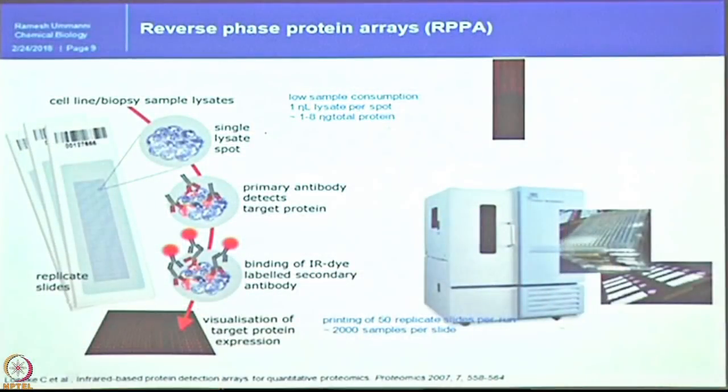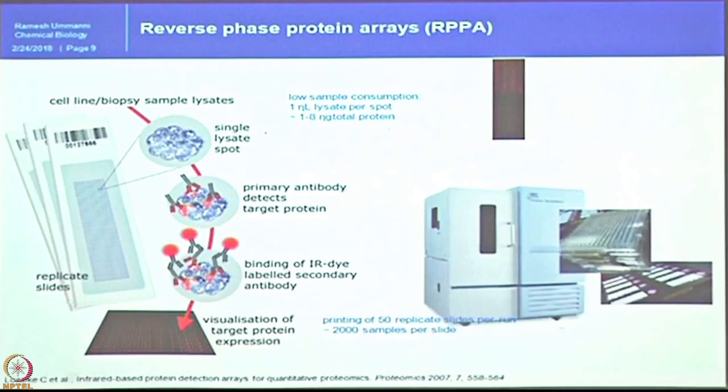So, the total protein you will spot, depending on the intensity or the protein of interest, is between 1 to 8 nanogram of total protein. Once you spot, the array slide looks like here. Then of course, to print such a high density array, you need a sophisticated machine. You cannot simply spot with a pipette, and this machine is really useful nowadays, meant for reverse phase protein arrays, which